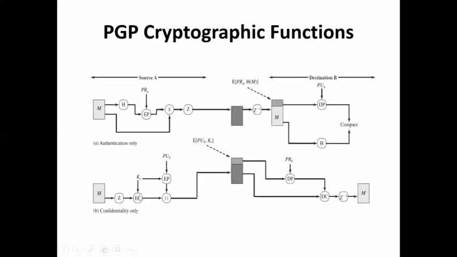In the second step, with respect to confidentiality, what do you do? The original message is passed to the compression algorithm. Whatever data comes out of the compression algorithm is the compressed data, which is just the original message in compressed form, right? That compressed data is passed to which algorithm? The conventional algorithm. With respect to this conventional algorithm, for the compressed data, he applies the session key, that is the KES.